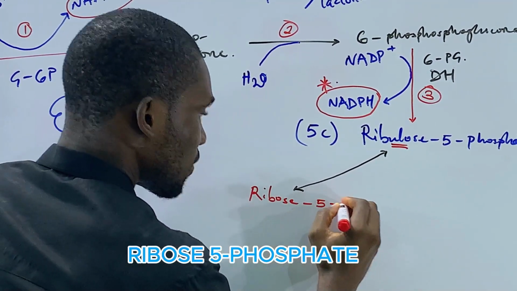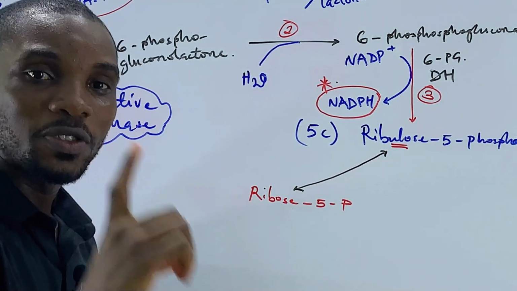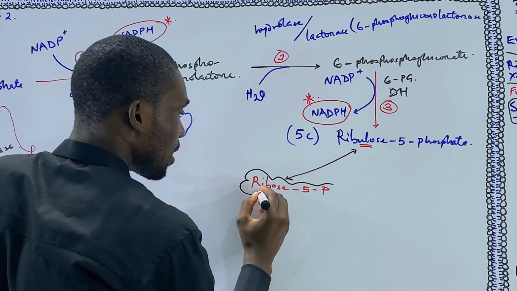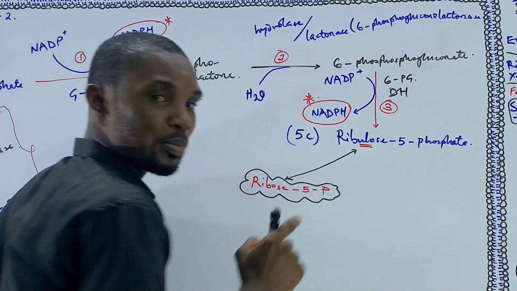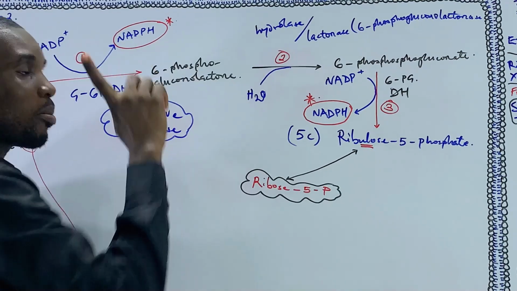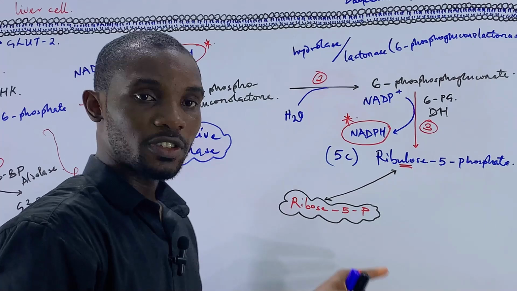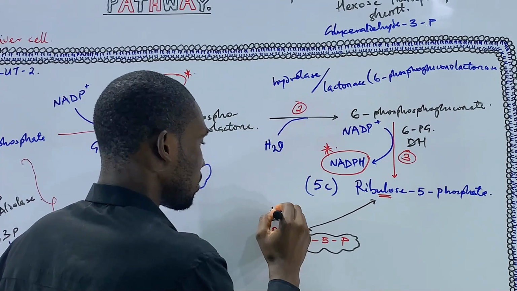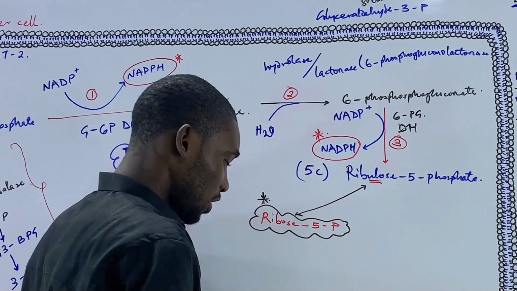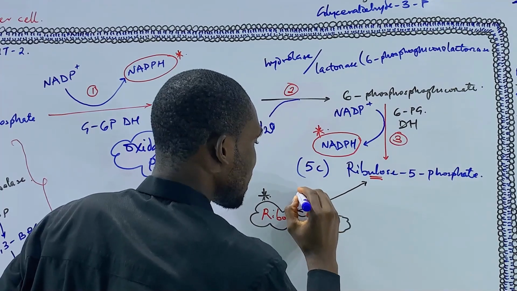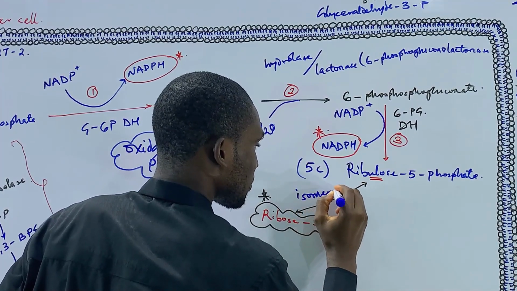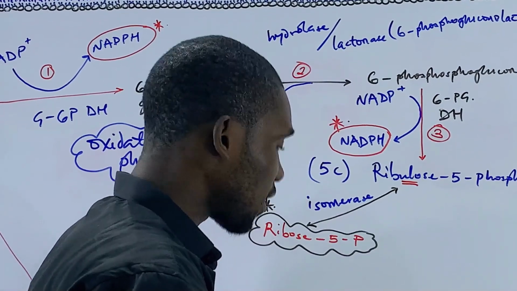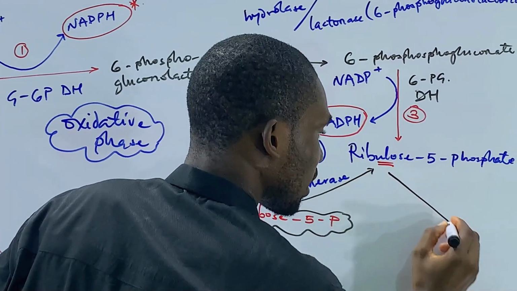5 phosphates. Now, ribose 5 phosphate is another molecule we are very much interested in. And that is why we are engaging in PPP. Remember, I told you that NADPH was one molecule we are interested in. Now, ribose 5 phosphate is the second molecule we are interested in. So we'll put an asterisk on it. So we have ribulose 5 phosphate, and then the enzyme was isomerase. So it is isomerized from ribulose 5 phosphate to ribose 5 phosphate, and then another enzyme can come in and